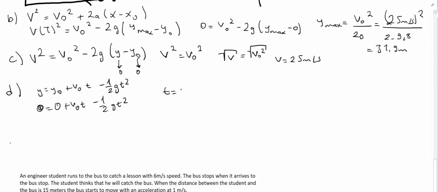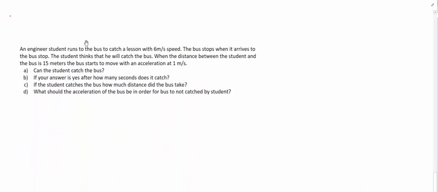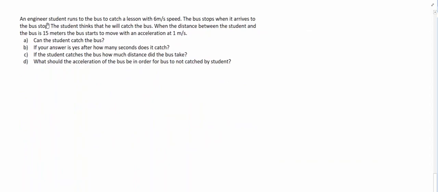So t will be equal to 2v0 over g, and that equals 2T in capital, and that is equal to 2 times 2.55 seconds, so it will take 5.1 seconds. So now let's move to the other question. An engineer student runs